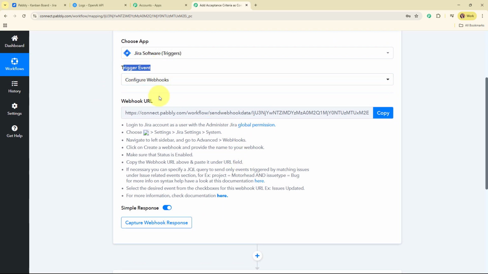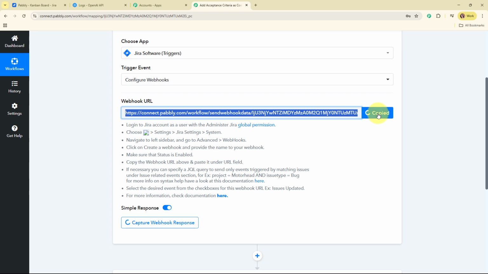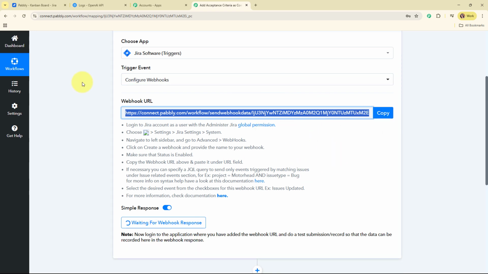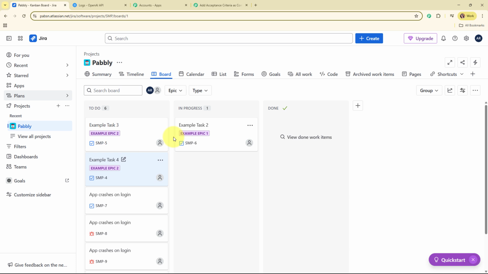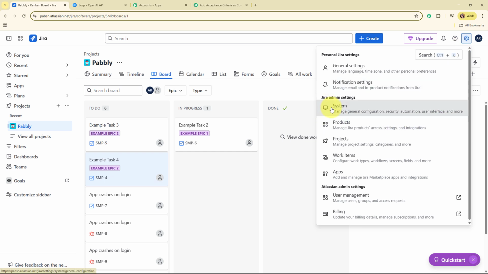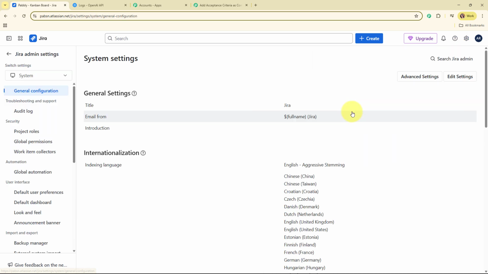Alright, so now after selecting my trigger event, you can see I've received a webhook URL. That means here I'm going to use this particular webhook to connect my software with Pabbly Connect. Alright, so following the instructions given below, firstly I'm going to copy this webhook URL, and here I've already logged in my Jira account. So this is my Jira account, and from here I'm going to click on the settings given on the top right corner, and from here I'm going to select system under this Jira admin settings,